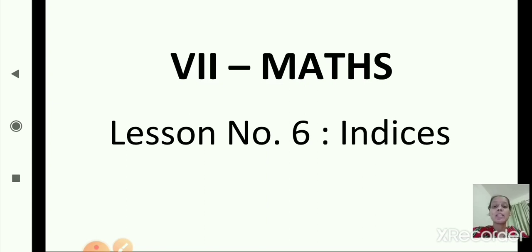This concept is related to your lesson number 13, that is Pythagoras theorem. I hope all of you remember that in Pythagoras theorem, lesson number 13, we studied square roots. Maybe you will find it difficult to write down square roots, so I am starting this practice set first, that is practice set 30, so that you get the idea of how to find square roots. Okay, so let's start now.